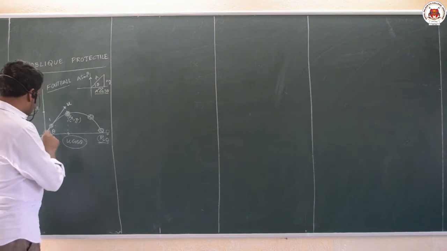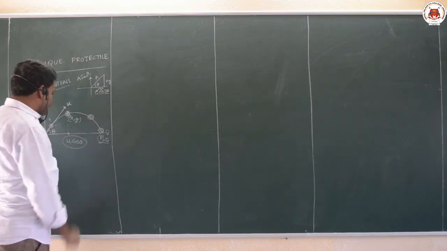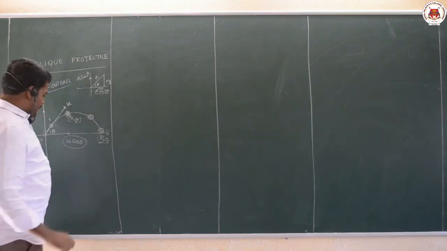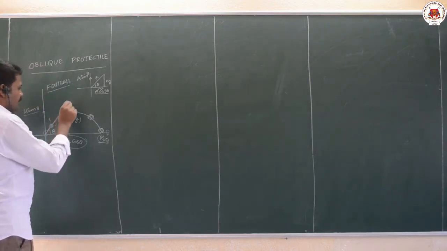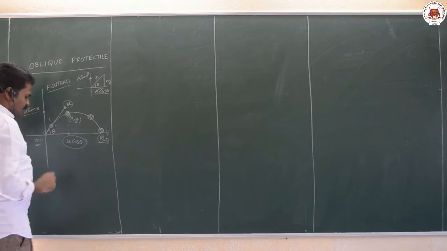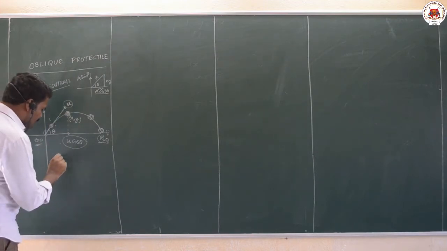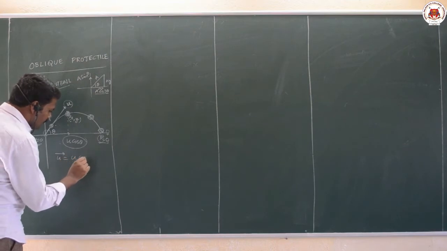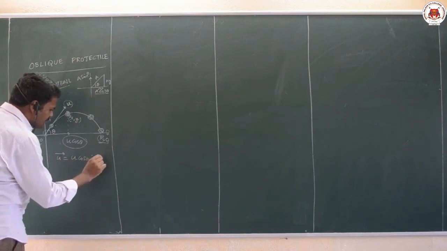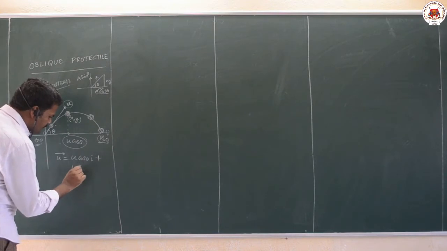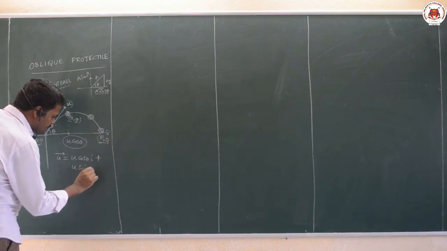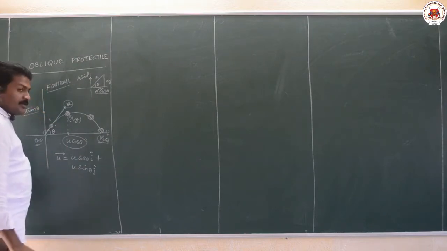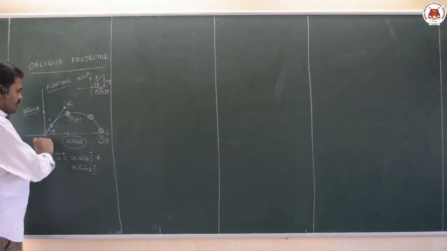One is motion along x axis, it moves along horizontal direction. One is motion along y axis. So the vector which I projected with velocity u, I can write it as u bar is equal to u cos theta along x axis plus u sin theta along y axis. That is u cos theta i cap, u sin theta j cap. This is the vector which I gave.